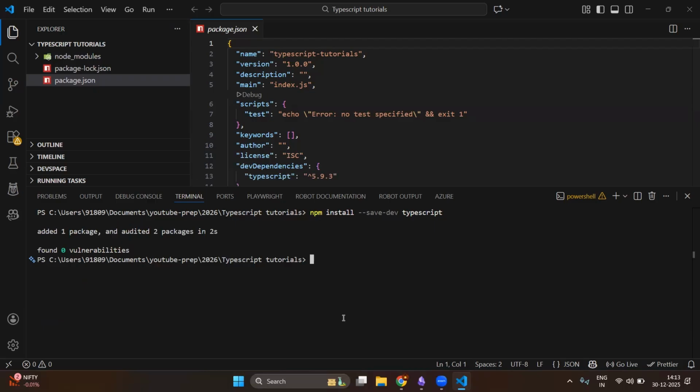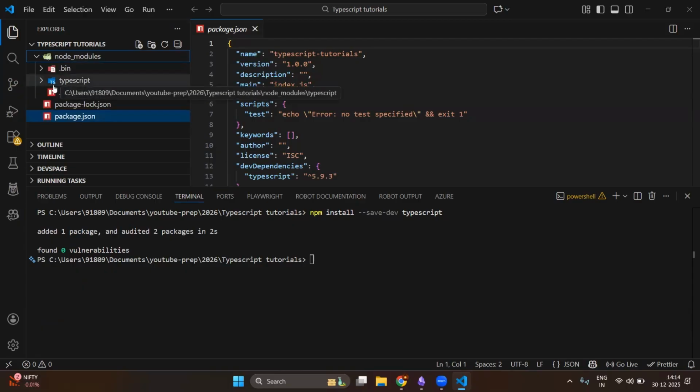As soon as you install the package, you will see a folder called node_modules. In node_modules, you will have all the installed packages and the .bin folder. Also, you can see package-lock.json, which will have the finalized version of package.json. So basically, whenever you install packages, they go into node_modules, which is also under